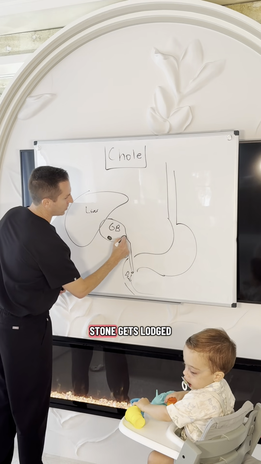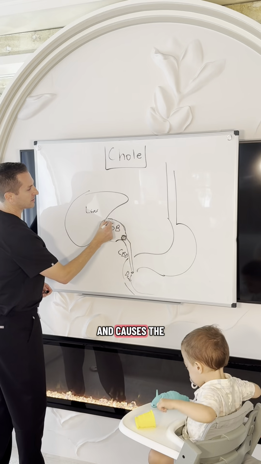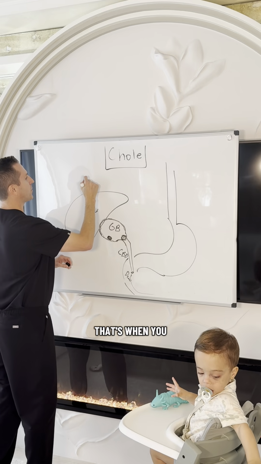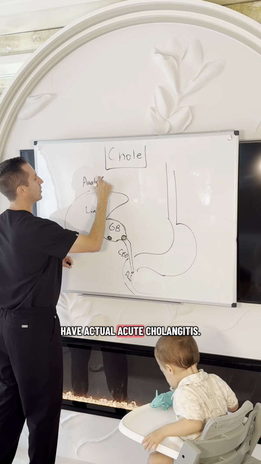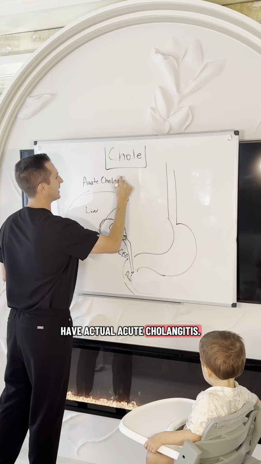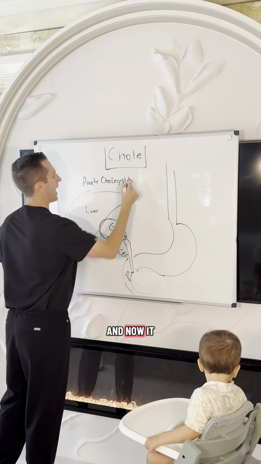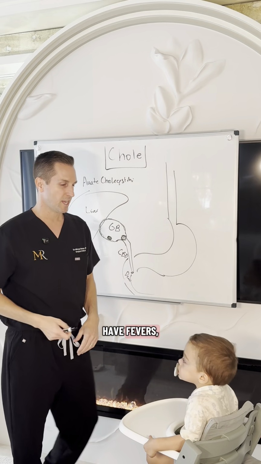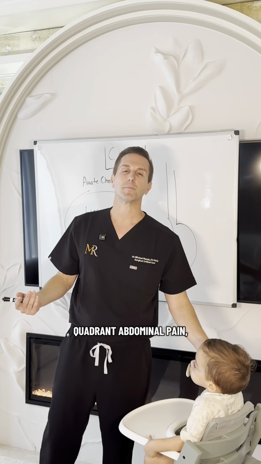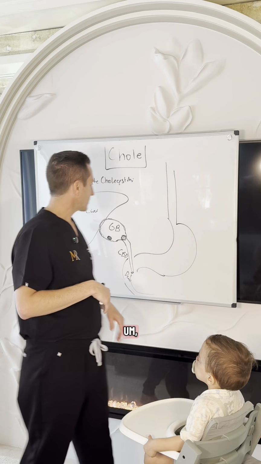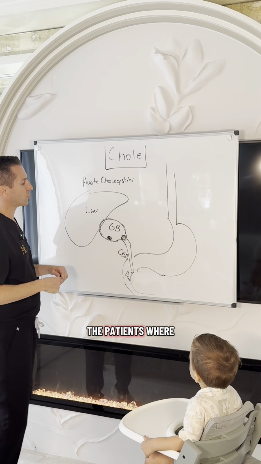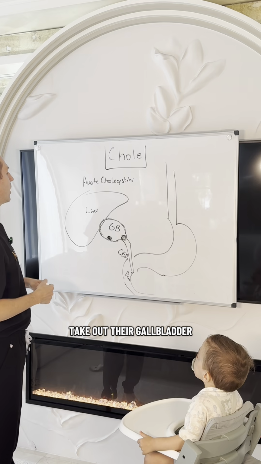Now, if that stone gets lodged in the neck and causes the gallbladder to become angry and inflamed, that's when you have actual acute cholecystitis. And now it becomes more of an acute issue. This patient could have fevers, they could have worsening right upper quadrant abdominal pain, they could have a rise in their white blood cell count, and these are the patients where we need to take out their gallbladder